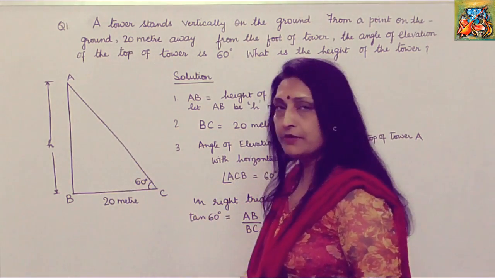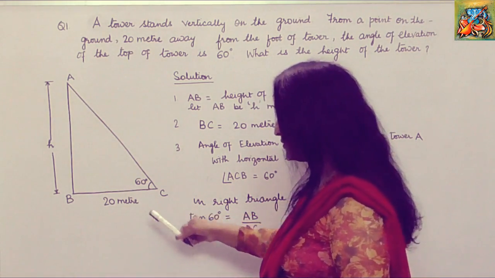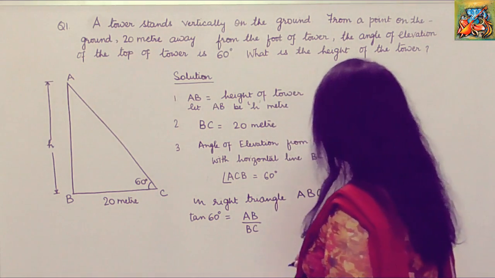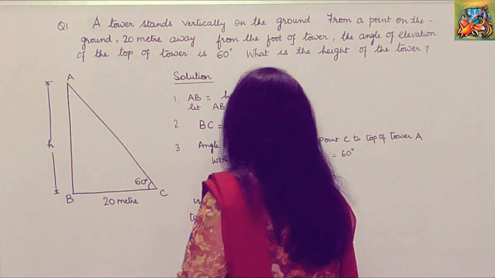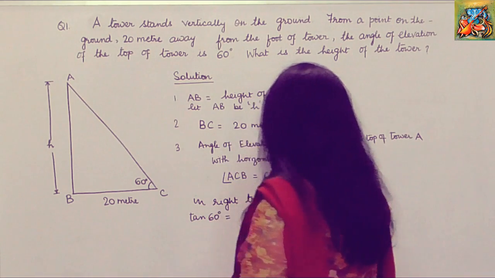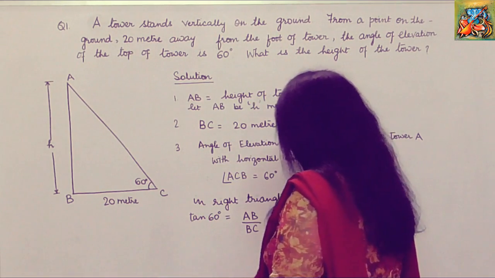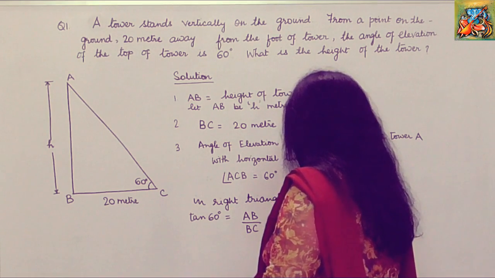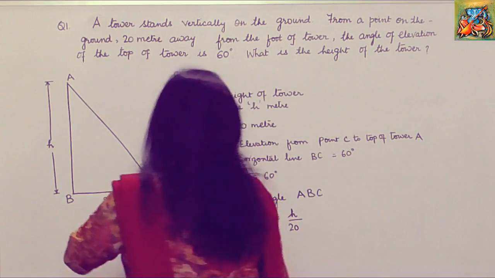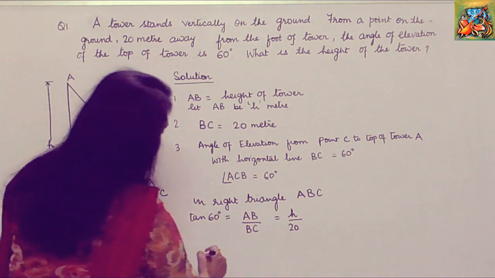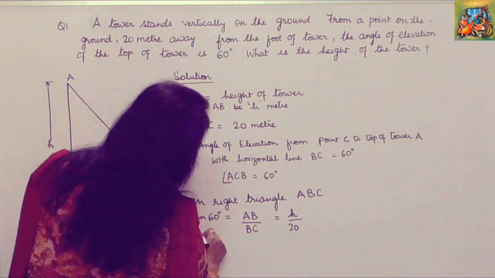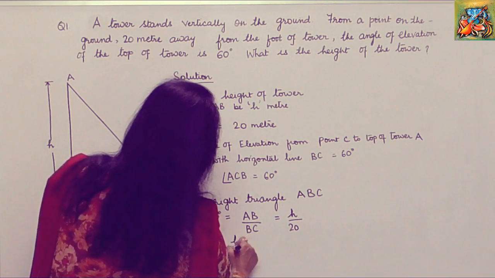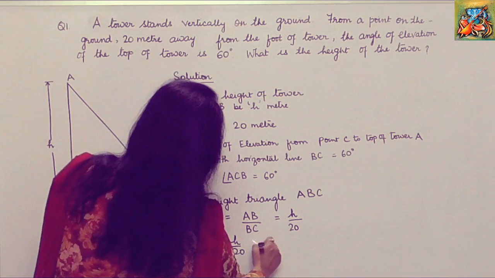Here perpendicular is not known but base is known and tan 60 is also known. So instead of AB we put H and BC is equal to 20. Now placing the value of tan 60 degrees, root 3 is equal to H upon 20,